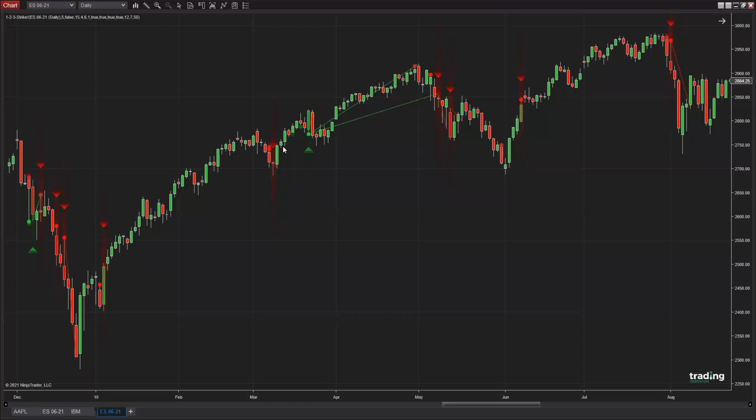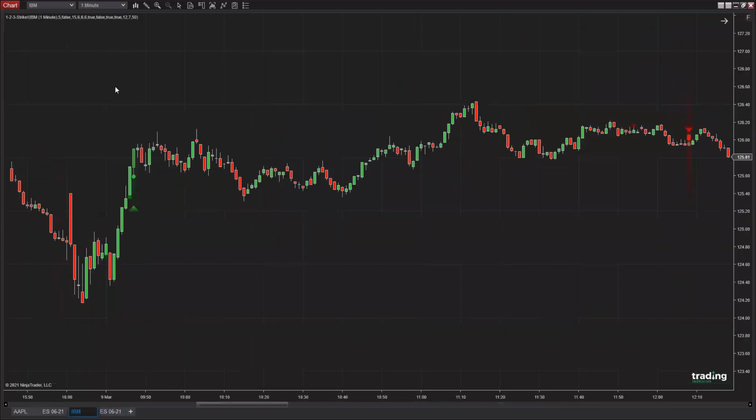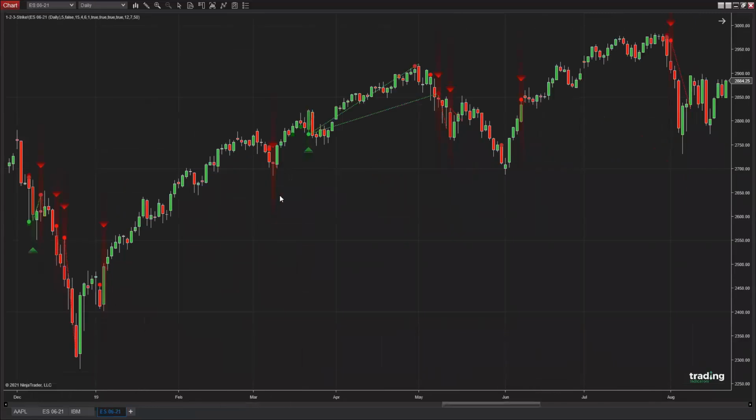This can also be set in the indicator. So you can adjust your indicator to the type of market, to the type of symbol that you want to trade. You may wonder, why didn't I do the same thing for IBM on the 1 minute? Well, the answer is easy. It's a 1-minute chart. Anything can happen. But for longer term charts on equities, I suggest to have this upside bias programmed into the indicator. All right, so this is the 1 to 3 strike indicator.